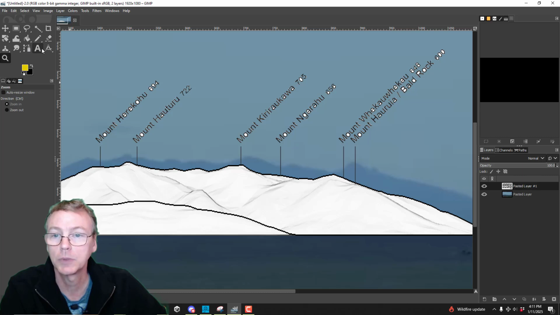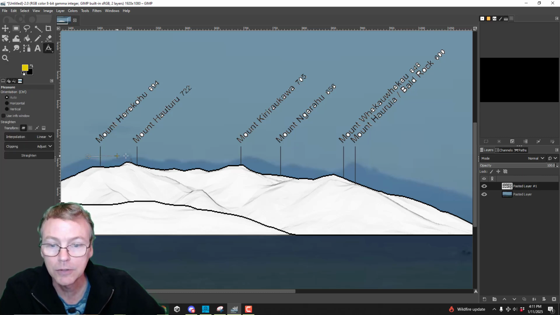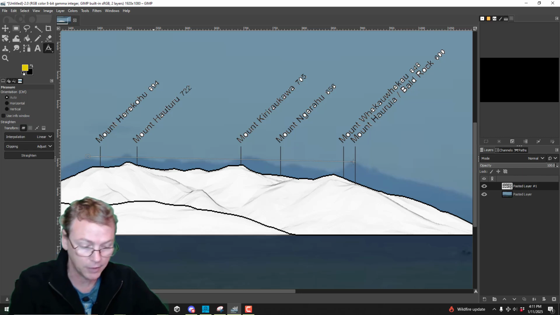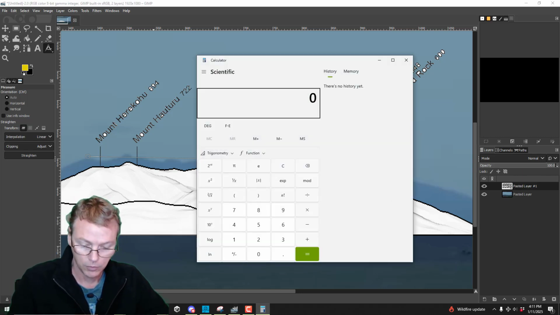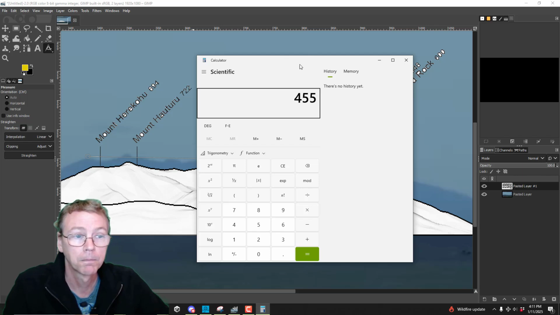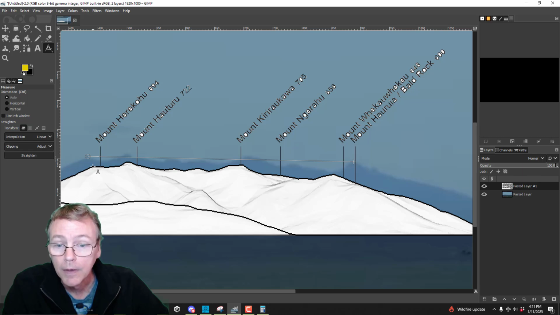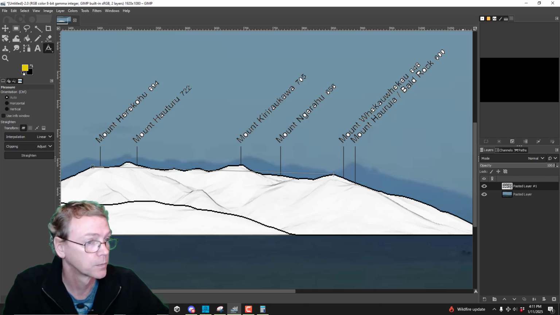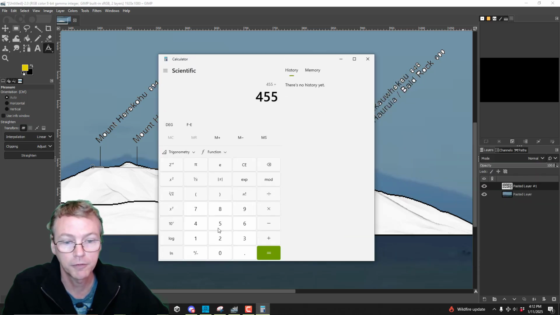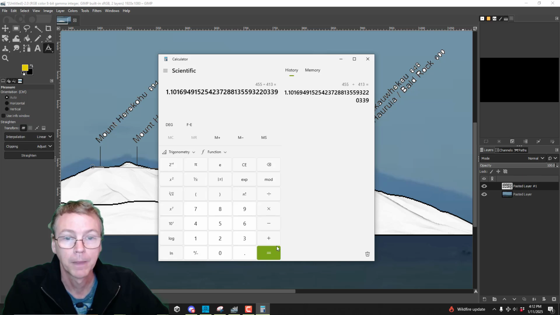So we can get as accurate as we can. From this prominence to this one is horizontally 455. So let's do a calculator. 455 pixels. And in peakfinder, this prominence to this prominence is horizontally 413. So I'm going to take 455 divided by 413,